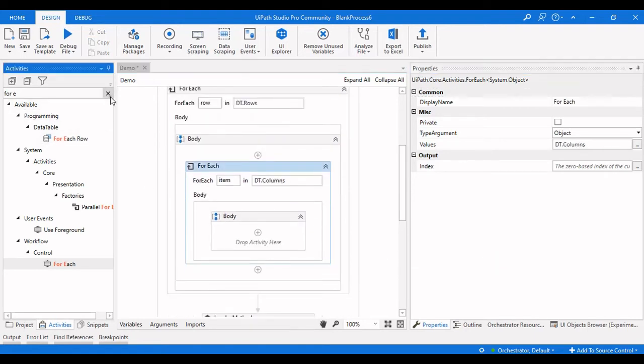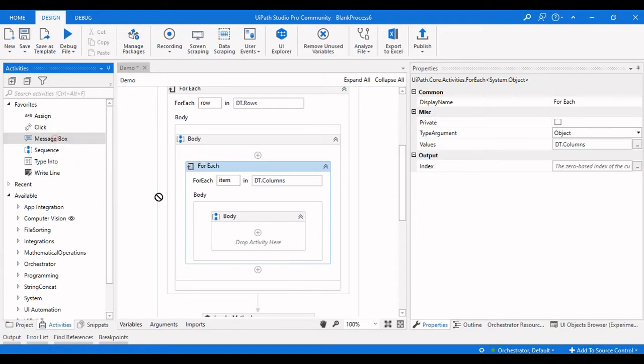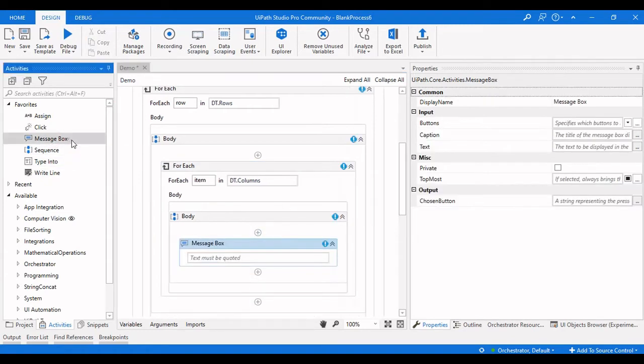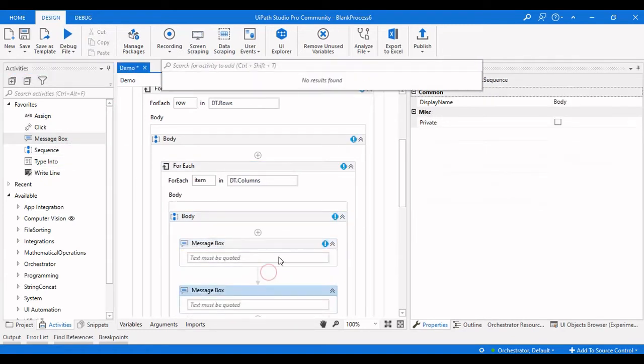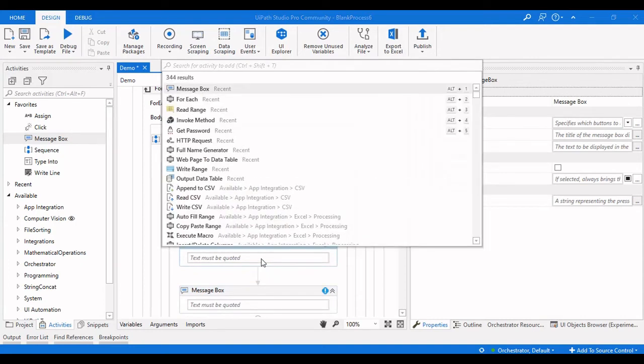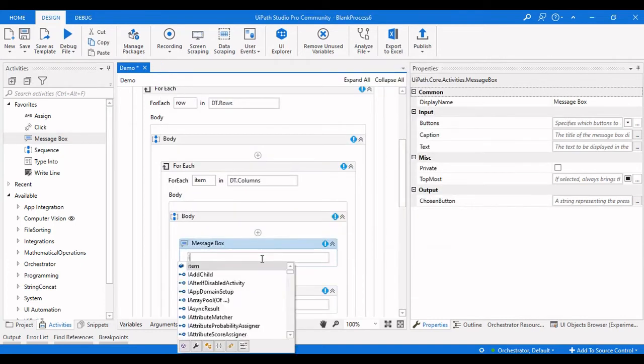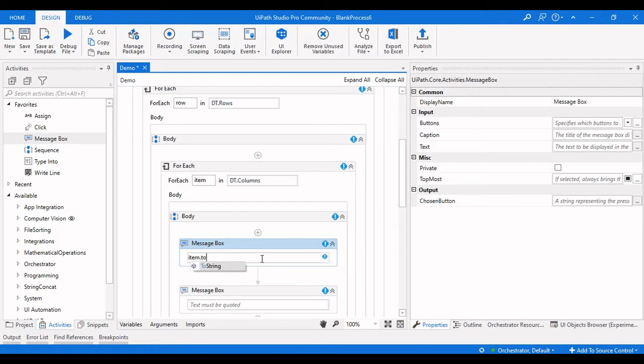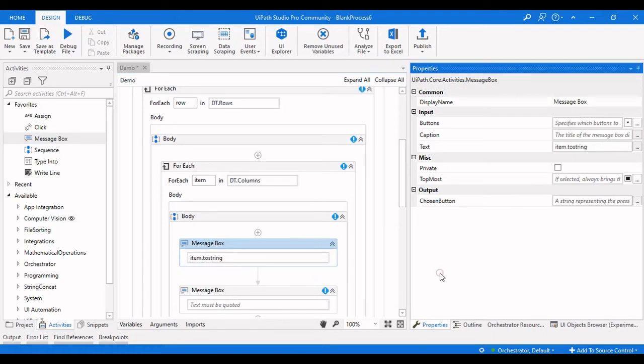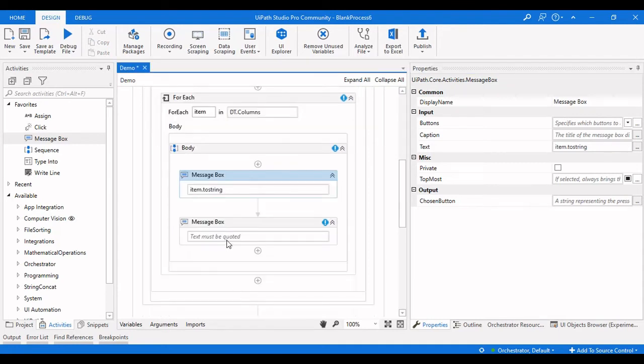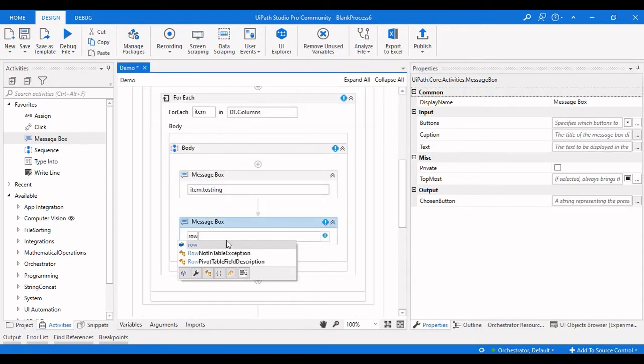Now let me drag in a couple of message boxes up here so that we can understand what is going on here. Let me make this as item dot toString, and this should be row of 0 dot toString.